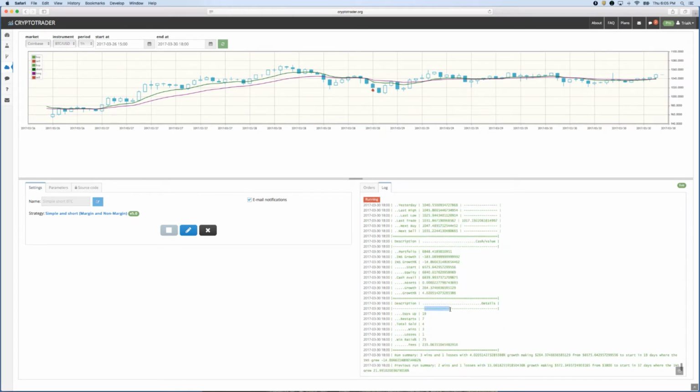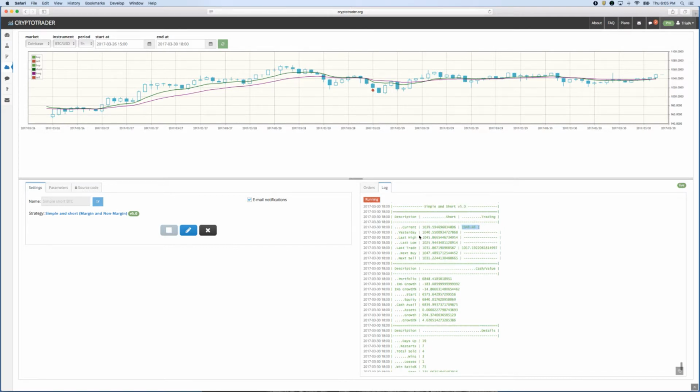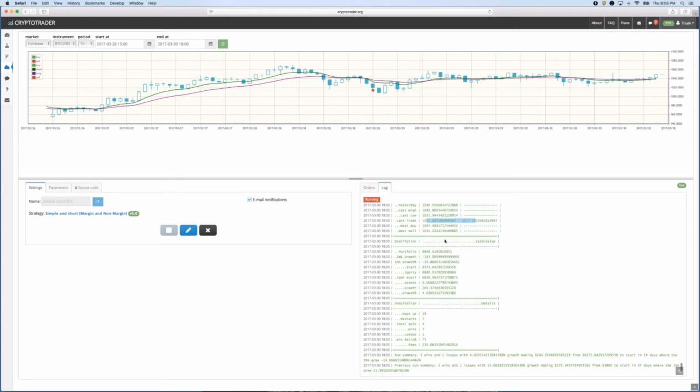It tells you what the price is from a short, what the actual trading price is, information about yesterday's price, high, low, if there was a last trade, what it was at, next buy, sell trigger based on the short. This tells you how much cash you've got in your portfolio, assuming you're not trading on margins. And then this is tracking the instrument. This is dependent on what you're working with. If it's